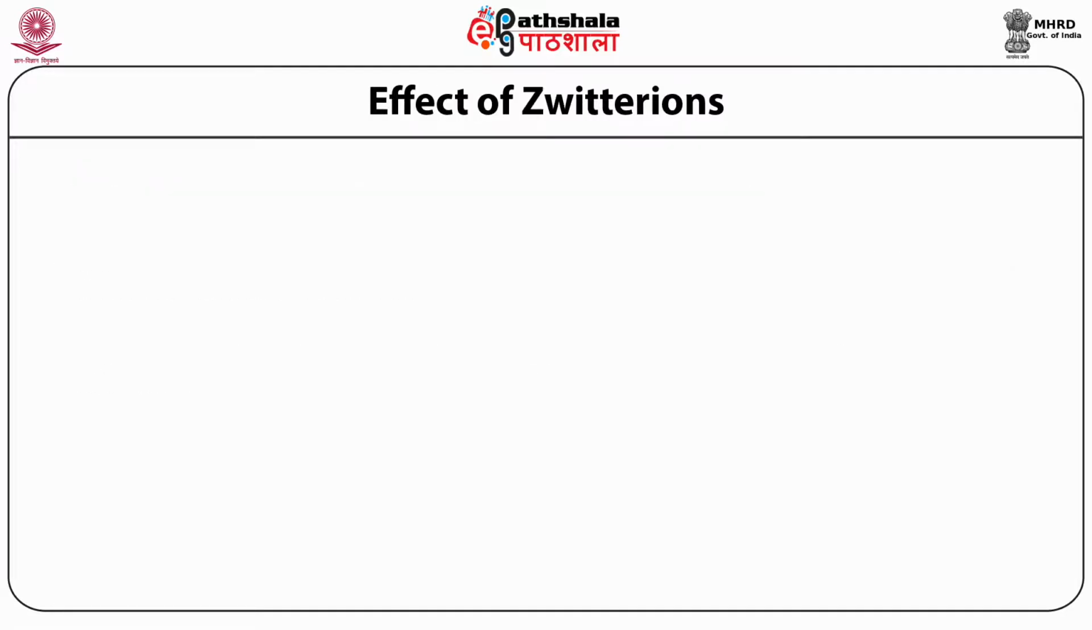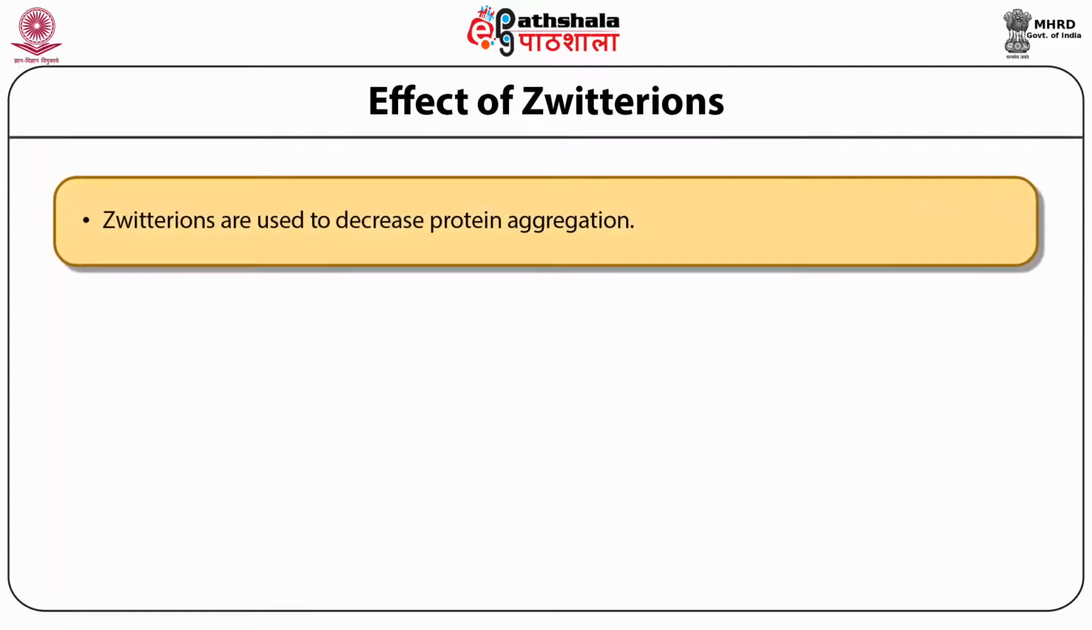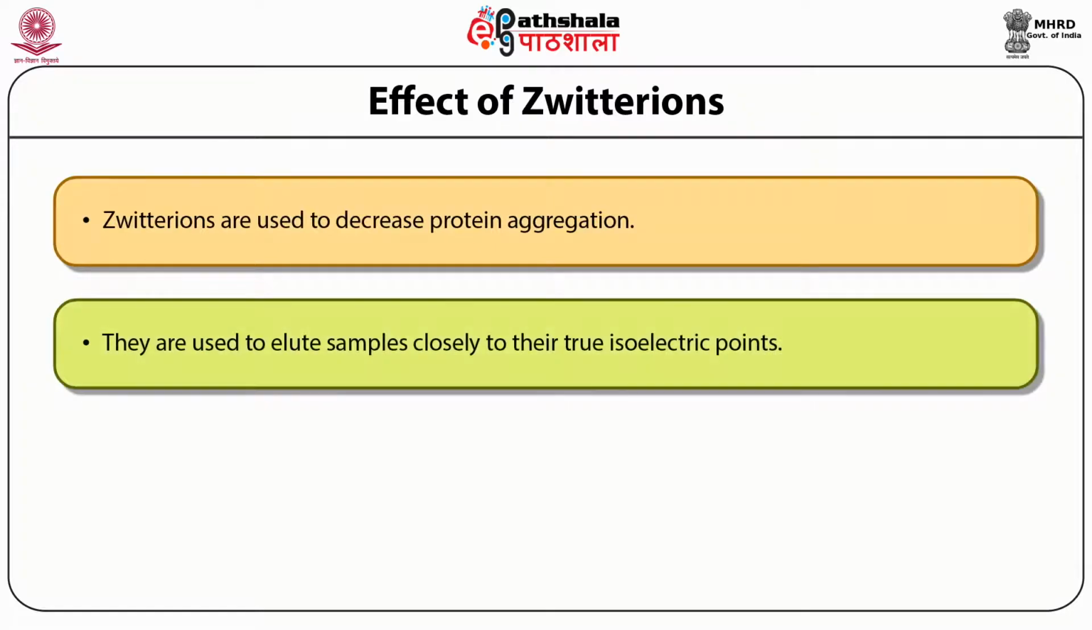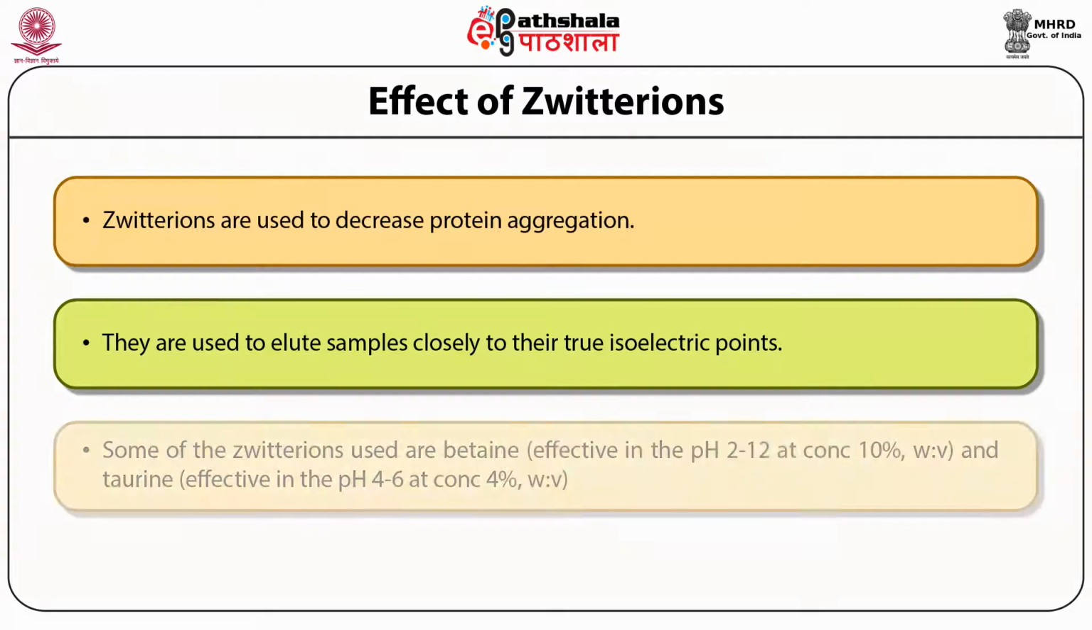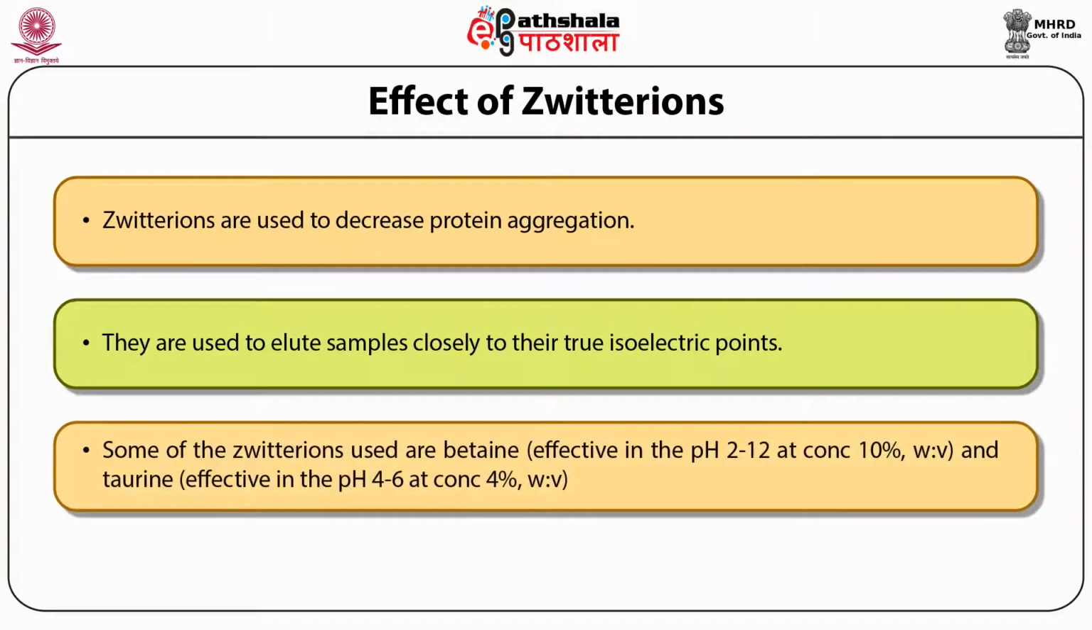Another additive that is used in ion exchange chromatography are zwitterions. Zwitterions carry both positively and negatively charged ions. Zwitterions are usually used to decrease protein aggregation. They are used to elute samples close to their true isoelectric points. The solubilities of samples at low salt concentrations can be greatly improved by adding zwitterions such as betaine or taurine